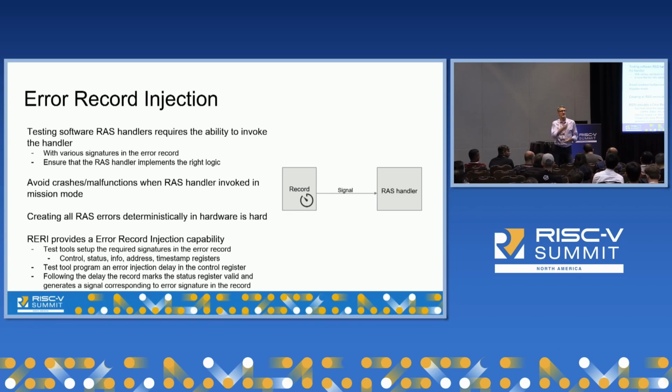Any other questions? Yeah, this is a bit of a dumb question. I don't know very much about RAS. I see that all the counters are corrected error counts. What happens to the uncorrected errors? Do they never have to be counted? I just don't know. Well, in short, they